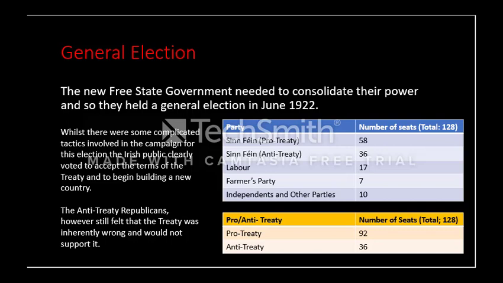but the main thing you need to know is that Sinn Féin is divided into two sides. There's the pro-treaty Sinn Féin and there's the anti-treaty Sinn Féin. Pro-treaty Sinn Féin win 58 seats in the Dáil, so they are the biggest party in Parliament. Anti-treaty Sinn Féin, so still part of the Sinn Féin party, but they're against the treaty. Okay, so all of this is still the same party, just different ideas within the party. The anti-treaty Sinn Féiners win 36 seats in the Dáil.